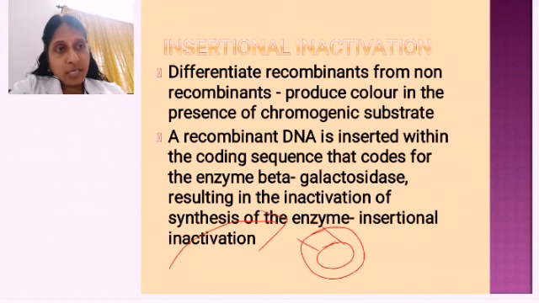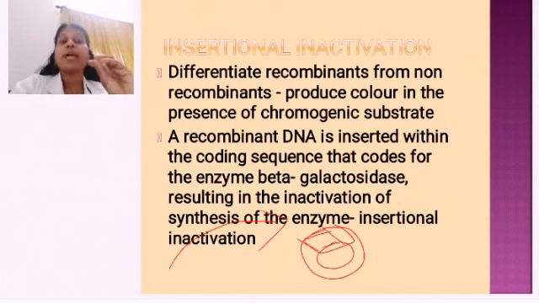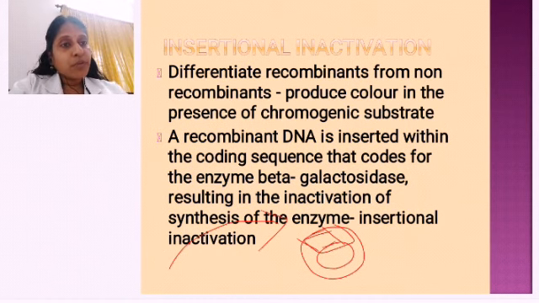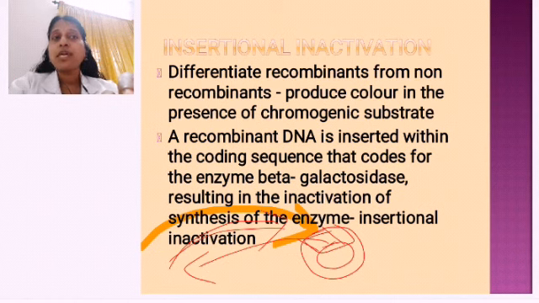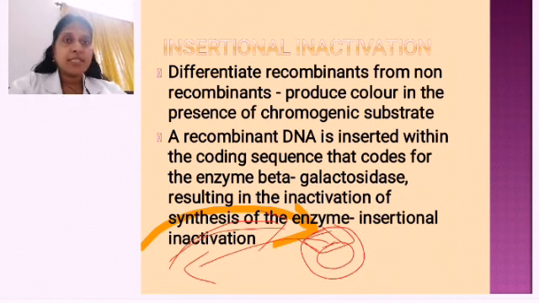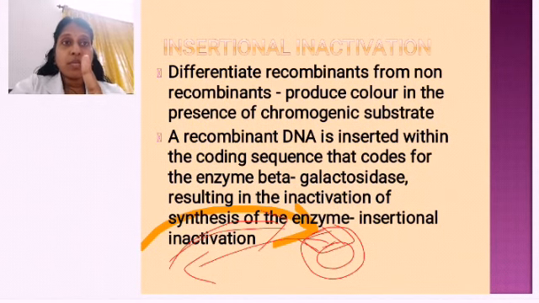Okay, so here in this place, I am going to introduce the gene. When I introduce it, I will take out this beta galactosidase gene, and my gene of interest I am going to introduce. So my gene of interest I have introduced over here. Now, will this vector be producing beta galactosidase? No. So will it be blue in color?